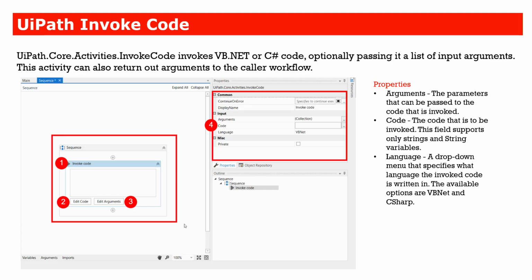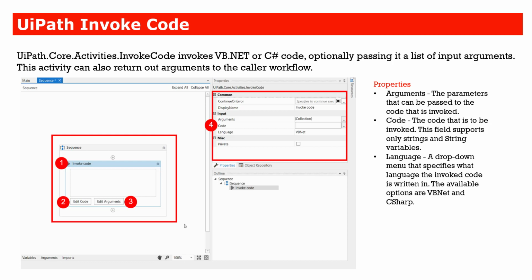So what is UiPath invoke code, right? UiPath has given an activity called invoke code, which basically helps you to write VB.NET and C# code, right? As you all know, UiPath is nothing but a .NET based project. So in the workflow, in the sequence, in the flowchart, or whatever kind of workflow you designed, you should be able to write a small snippet of code that performs certain tasks.